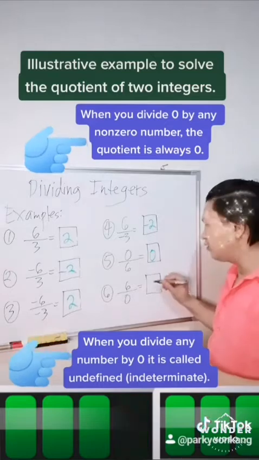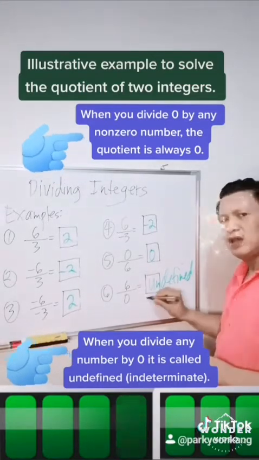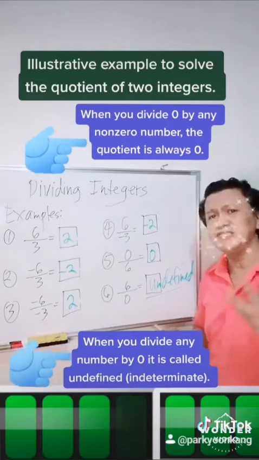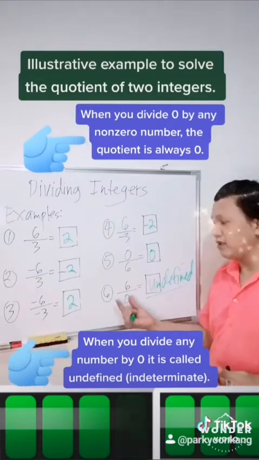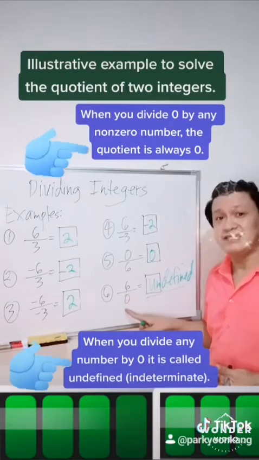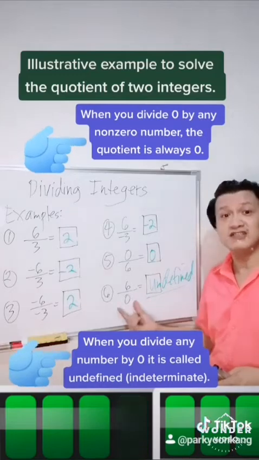Hindi na siya 0. Ang tawag doon ay simply called undefined. Okay. When we talk about the undefined, there's no possible solution, or there's no answer with the given 6 divided by 0. Okay. Tandaan to, kapag ang 0 mo ay nasa ilalim sa division,